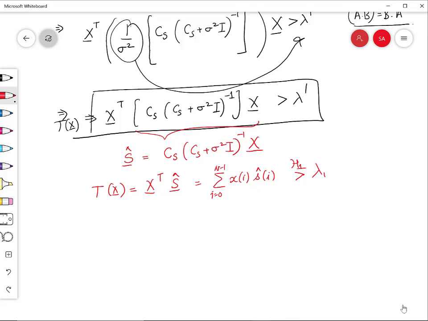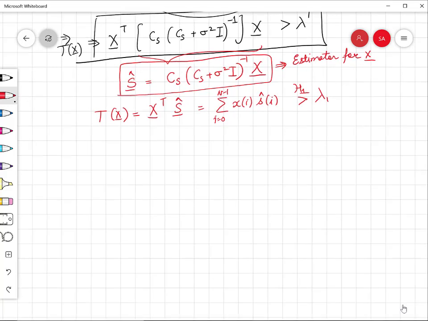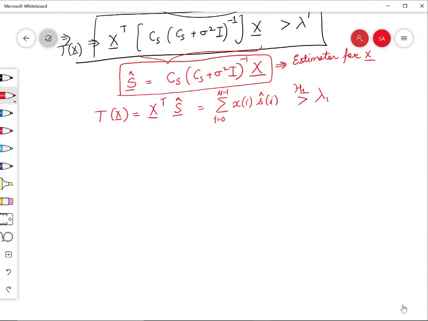Now you can see this particular quantity here is called the estimator for x. Why is it called an estimator for x? If you remember, recall from estimation theory,